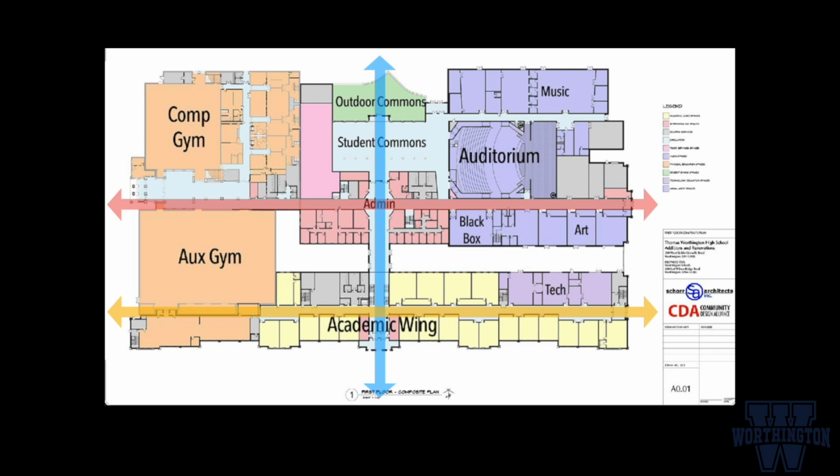And we understand through a lot of study that kids learn and thrive differently in different kinds of space. So one of the things we're trying to accomplish at both Thomas and the renovation of Kilbourne is a continuum of different kinds of spaces for students to thrive. We start with the formal classroom wing. We come to the center of the building where there is the east-west axis, but then we move through some opportunities above with the media center and some small group breakout spaces through a large student commons that's way more than the historical cafeteria type of space,